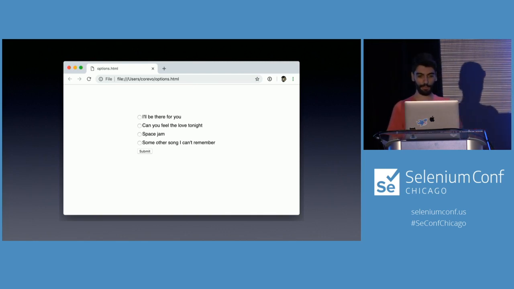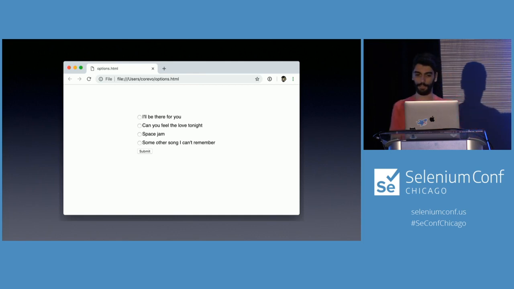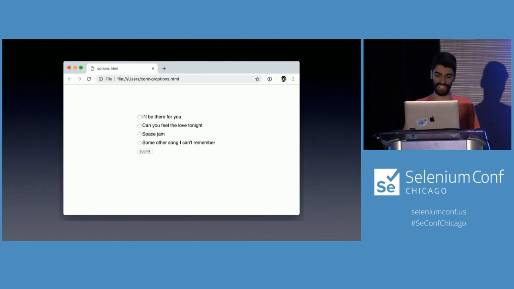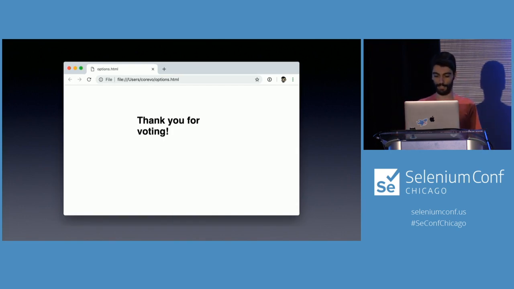So they thought that it would be funny to have the students pick the song for the end of the break. So they posted this poll online, and I really wanted the song to be "I'll Be There for You" by Rembrandt, and so I voted for it. And then I refreshed, and I got this message, and I couldn't vote again.